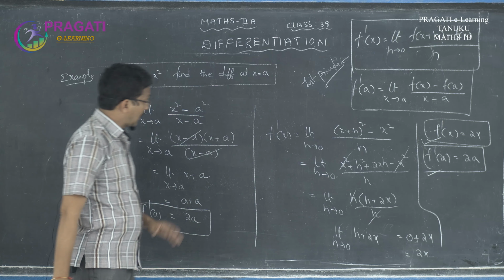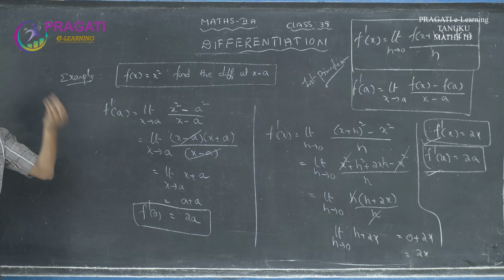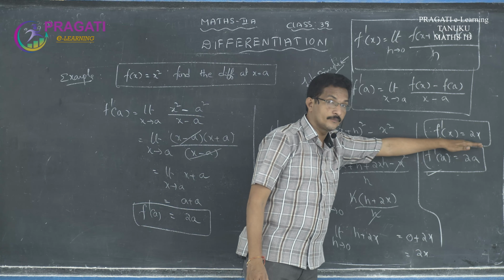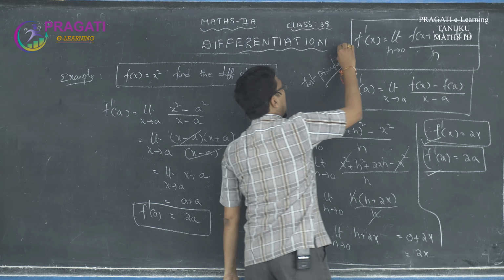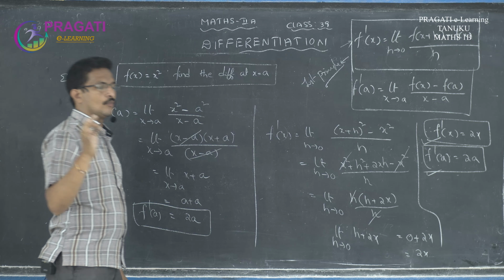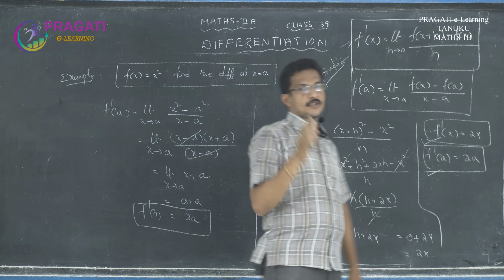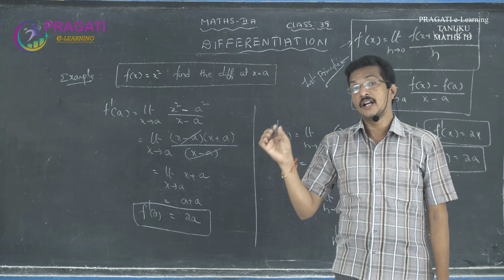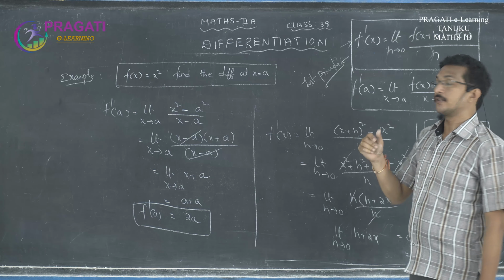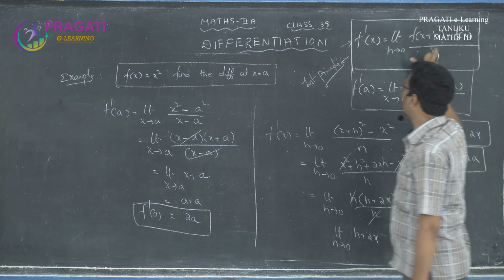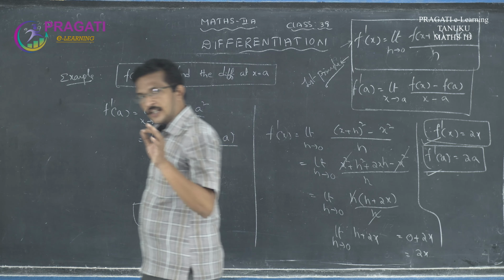Okay, difference between these two ones. Directly here, differentiation at x is equal to a. Here, it is the differentiation at x. And substitution put x is equal to a, then we get the value. Okay, so it is the formula we use general derivative. It is the most important formula and also called as first principle. F dash of x is equal to limit h tends to 0 f of x plus h minus f of x by h. Once again I will repeat, limit h tends to 0 f of x plus h minus f of x by h, and it is denoted by f dash of x.